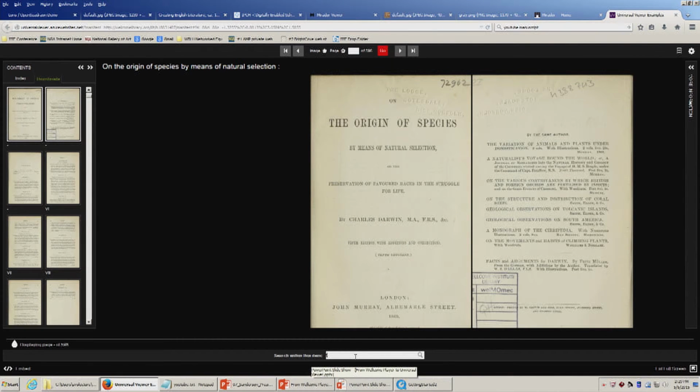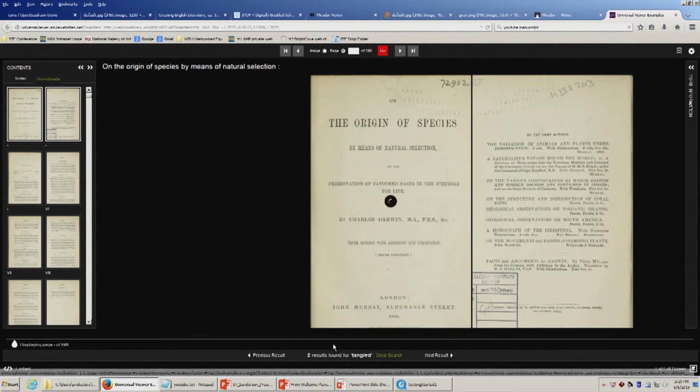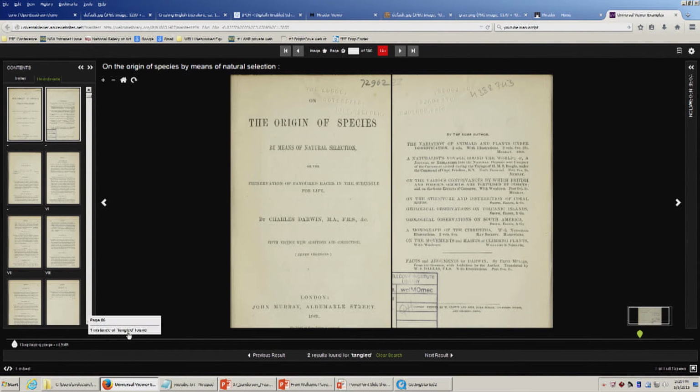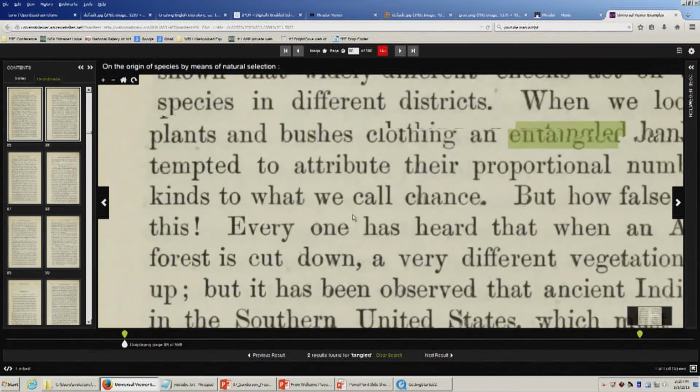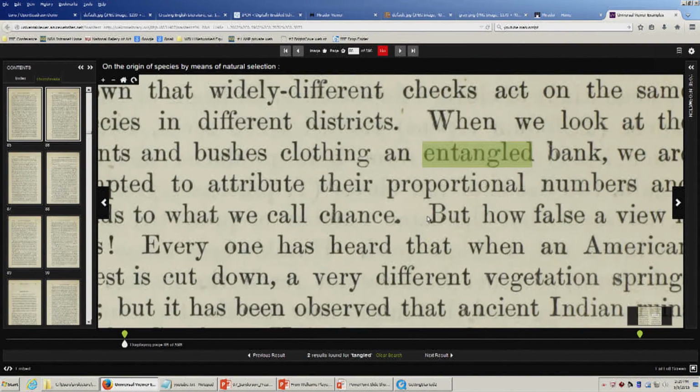So if we search for some words in the Origin of Species, is that highlighting? Yeah, so for example, here we have two results for that word, and we can go and find them in the text. And although autocomplete seems a bit odd, it's actually a really, really useful feature within a single work, especially if that work is of a technical nature or has lots of technical terms in it.